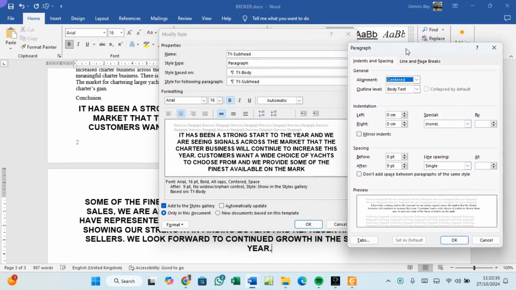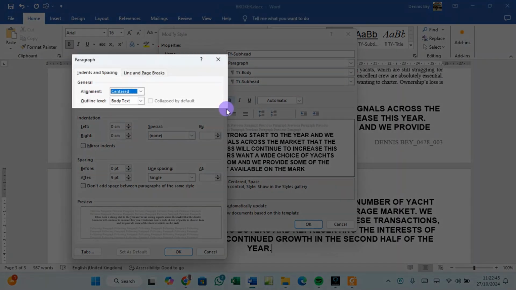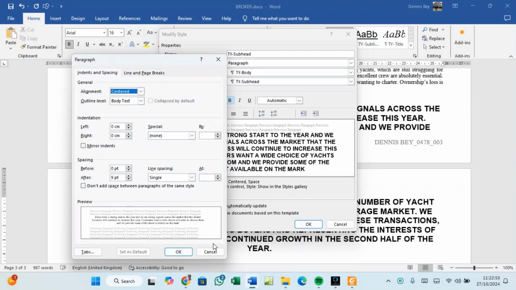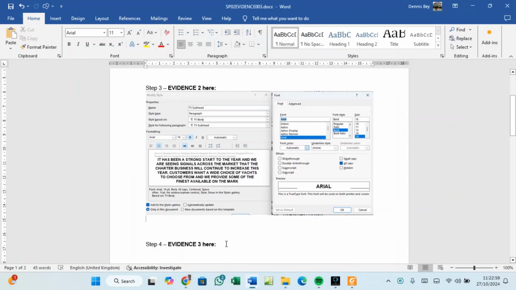So this paragraph, I need only to take this paragraph only because it has got spacing before was 0, spacing after is 9, line spacing is 6. That is also required in the evidence. So I'll come here and only take this now because the other one I've already taken the 2. So only that. So what I'll do, I'll come, click OK here, go back to my evidence